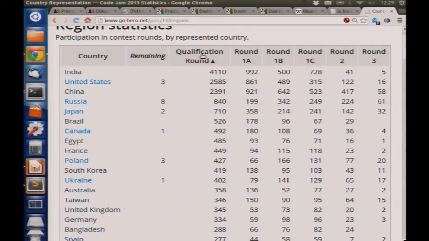As you can see, in the qualification round, most of the contestants were from India, United States, China, Russia, Japan. Some of these nations have extremely great communities. They are really strong. As you see, the remaining ones are the people who are in the final. Among the 840 Russians, actually 8 are in the final. It's a huge number, especially judging from the fact that in the US there were 2,500 competitors, but just 3 are in the final.